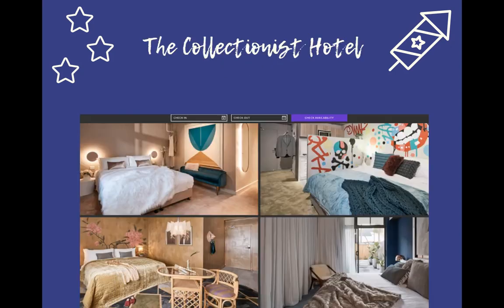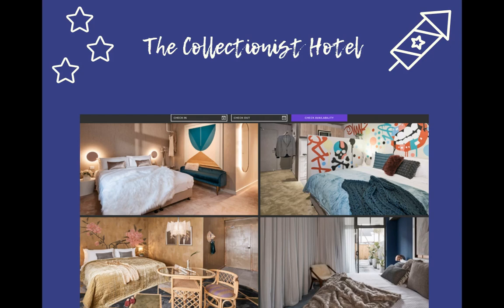A more recent innovation is the Collectionist Hotel, which launched this year in Sydney, and each of the 39 suites has a unique look, although they fall into 4 broad categories. Instead of being allocated a room, you get to choose which one you want when you check in. So that means you can pick the one that best fits your personality.